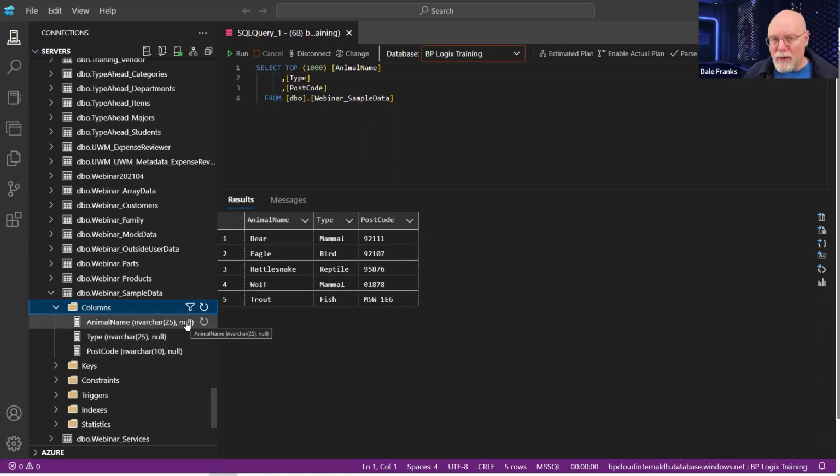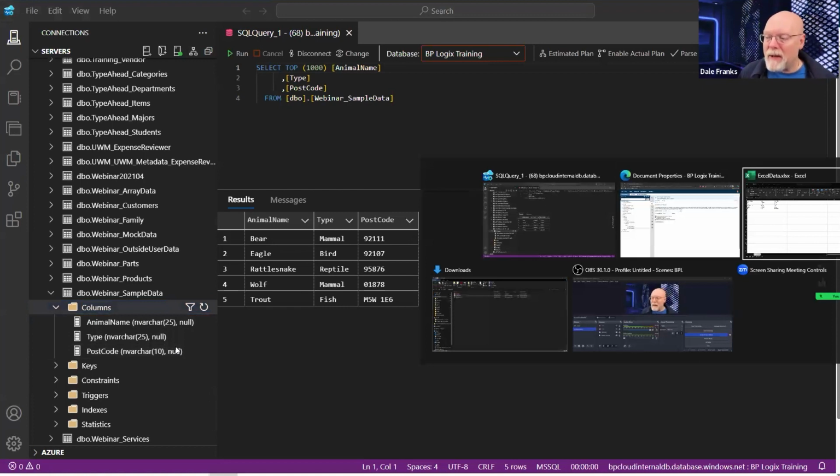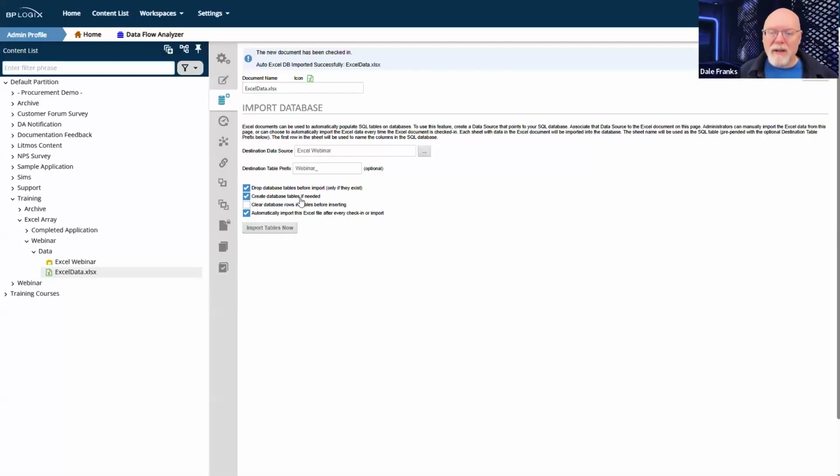We also know that in my future imports, not the template that I manually massaged to build the table that I wanted to build in SQL, which was this one, now that this data has been massaged, I got to keep it. And because I have to keep it, I cannot select the drop database tables before import. Because if I do, and as we've seen about 5 times now, every time I import it, as long as I have drop tables selected, if the data type changes, it's going to change the data type in the new table that gets created because I dropped the old one.